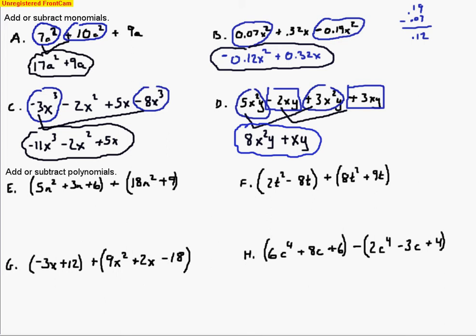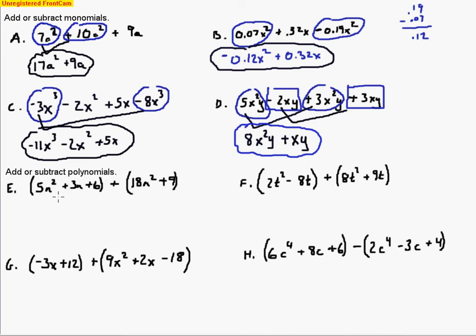And the way I like doing it, when I'm adding polynomials, is I like to use this column method. So if this were the problem, what I'd do is take the second number here, or the first, it doesn't really matter, but since the second one only has two terms, we call that a binomial, I'm going to write those terms underneath this trinomial that has three